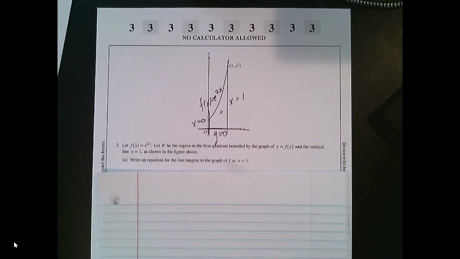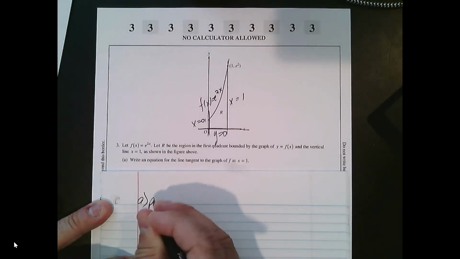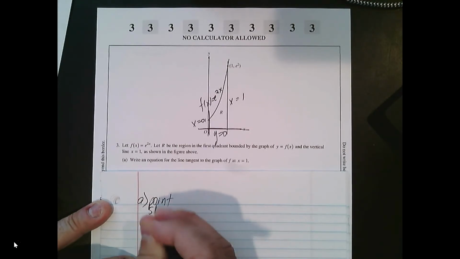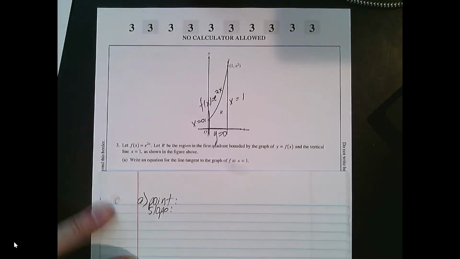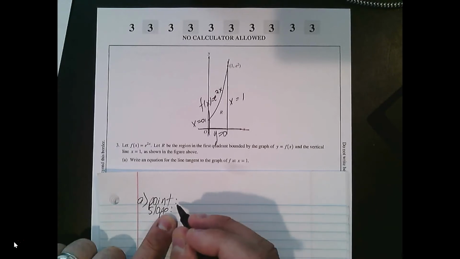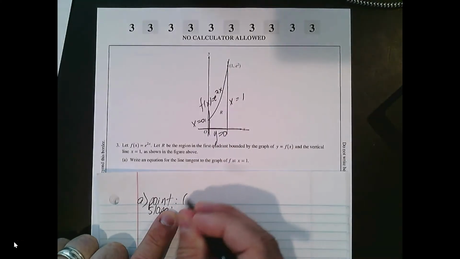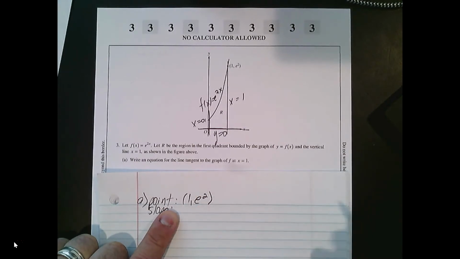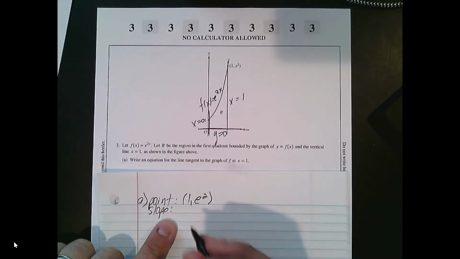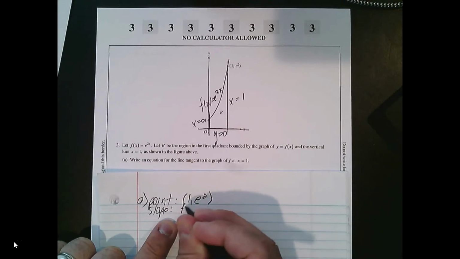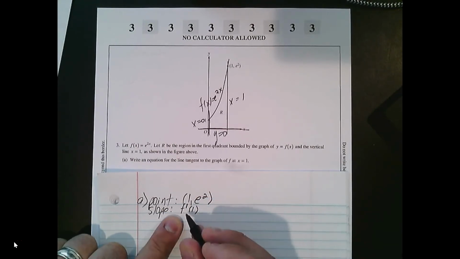Part A asks us to write an equation for the line tangent to the graph of f at x equals 1. Well, what I know is that if I'm going to do this, I need the point on the curve and I need the slope. The point is going to be the point at x equals 1, and we know that the coordinates there are 1 comma e squared. The slope, what we need to find is f prime at 1, the derivative of f